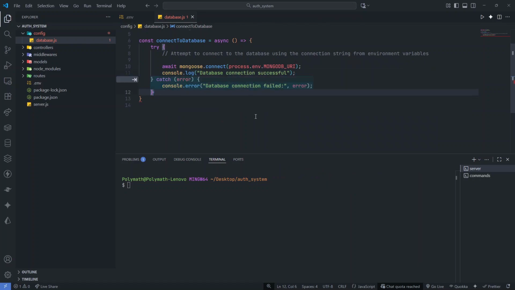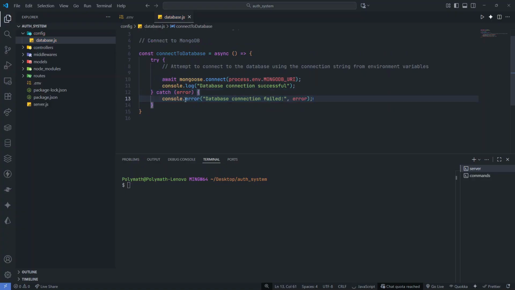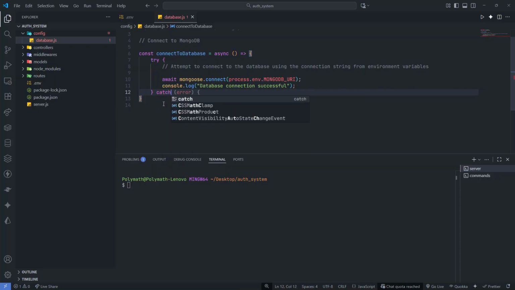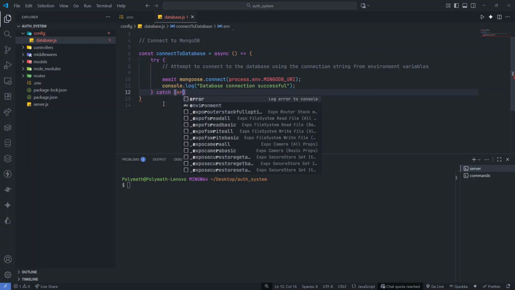And since we are wrapping this in a try catch block, after the try we need to have our catch block. So we say catch. What are we catching? What we are catching here is an error. So we say catch error,